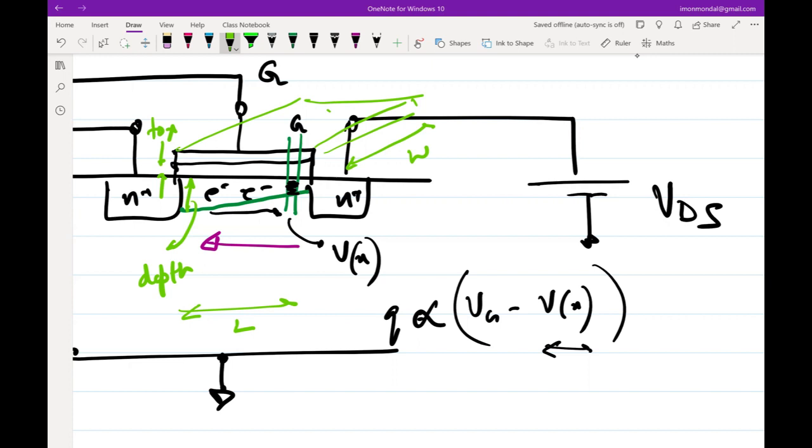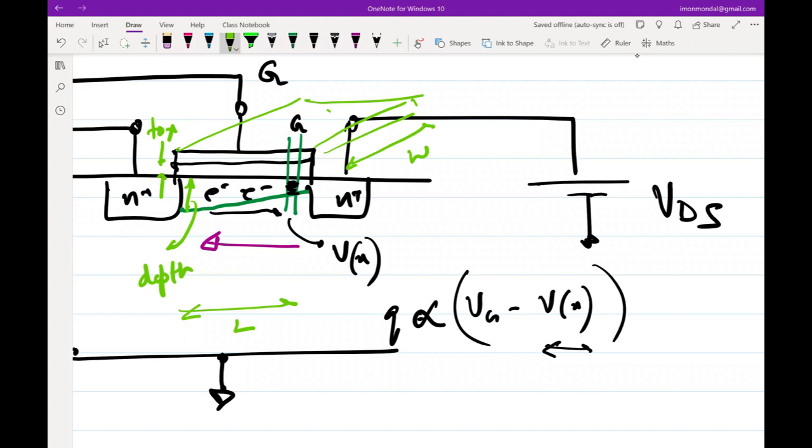You cannot even vary this depth. One can argue that you can vary the depth by applying different values of VGS, but that is not a consequence, because even though I have demarcated this channel charge with a finite depth D,